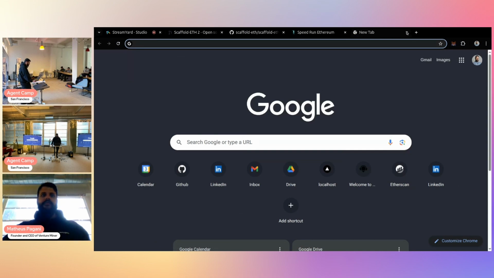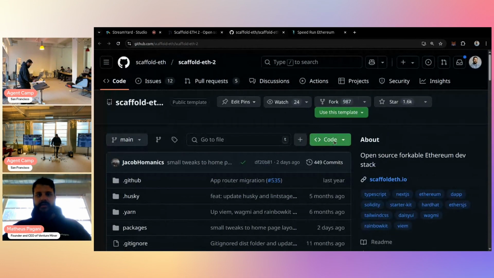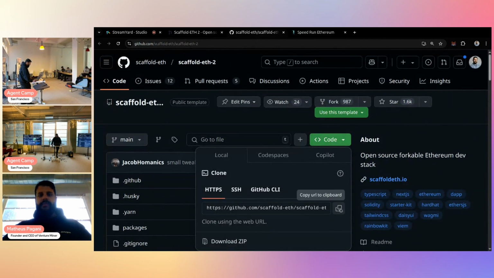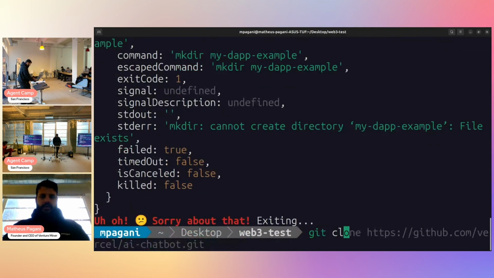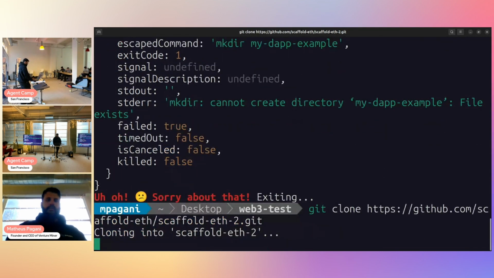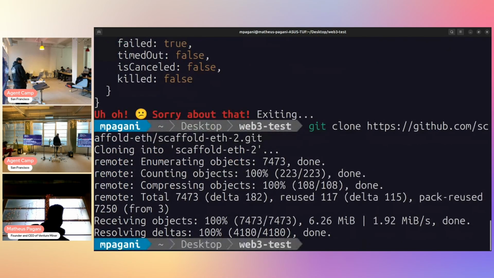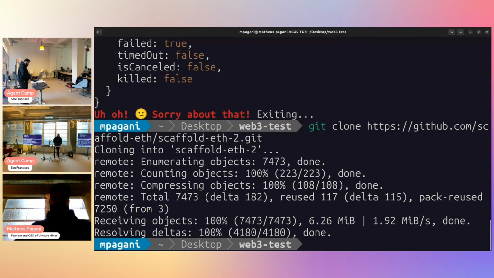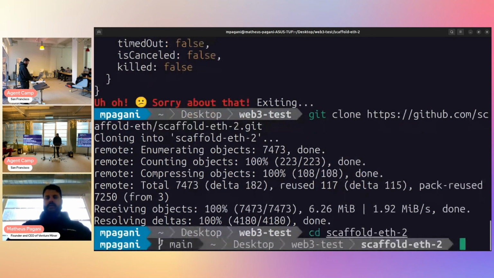I'm going to fall back to the option of cloning that repository, which is going to do the same thing at the end of the day. I'm going to copy this repository from GitHub, and I'm going to do a git clone here. Okay. The scaffold-eth-2. This is going to set up the project for me too. Just that it is going to be called scaffold-eth-2. I can then change the git package and also make it my own.